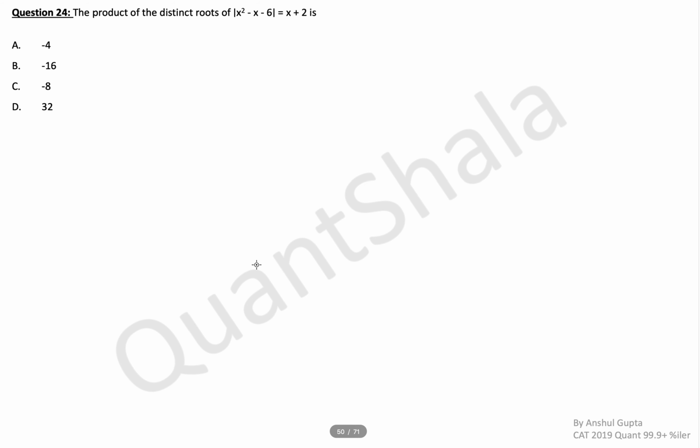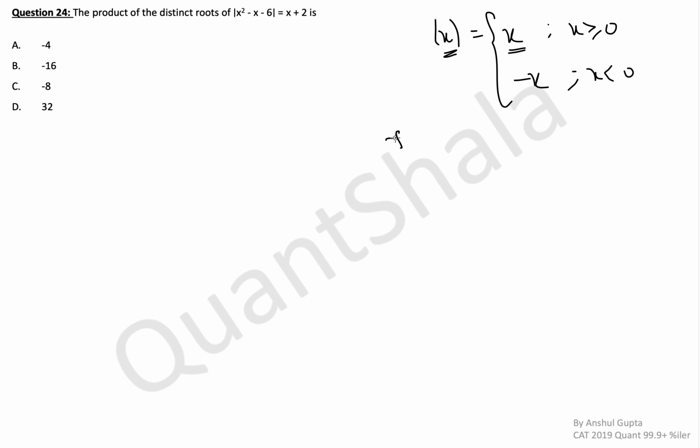Okay, slightly easy question based on modulus, basic properties of modulus. We have already discussed modulus in the past videos and other questions. So mod x is equal to x if x is greater than or equal to 0, and minus x if x is less than 0. Simply, if x is positive, it will remain the same. If x is negative, we'll take the negative of that, so that finally it becomes positive. If x is minus 5, the answer becomes minus of minus 5, which ultimately becomes plus 5.